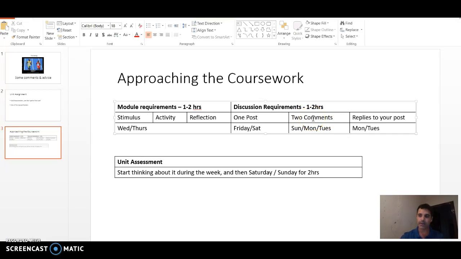You can extend their thinking. You can elaborate it, or you can bring in an example to support it. If you agree, then think of an example that can substantiate what your peer has said.